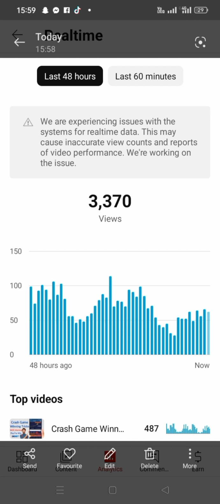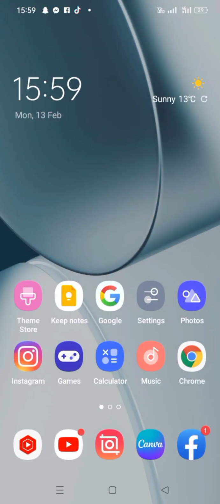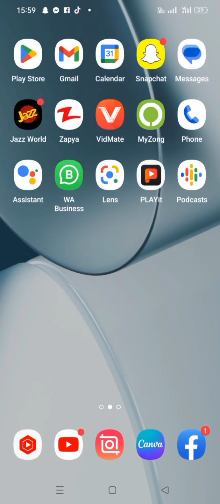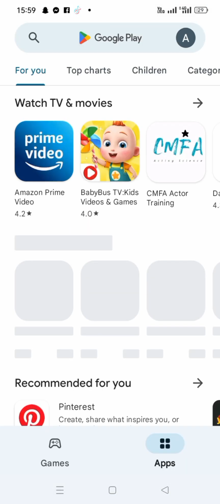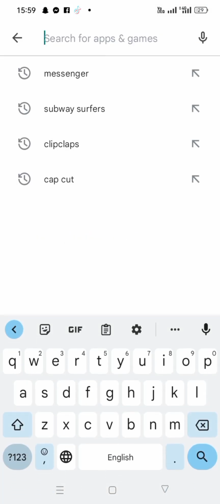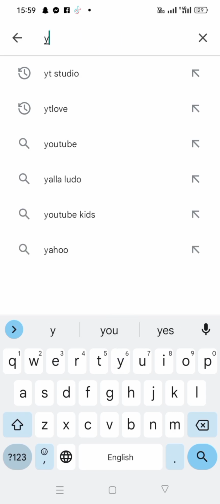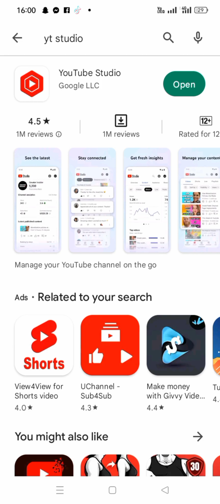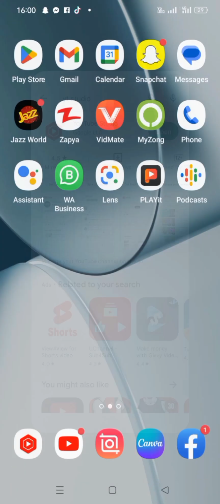First of all, go back to your home screen, and after that open your Play Store, and from here search for this Vaulty Studio, and from here make sure that you update your Vaulty Studio. I am already updated. After that, check whether the problem has been fixed or not. If the problem is not fixed, then go back